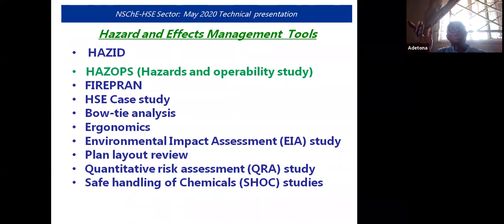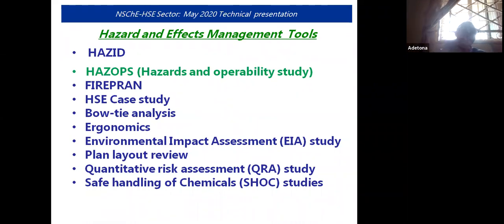HSC case study looks at the specific hazards and comes up with all kinds of serious incidents we can have, carries out mitigations, and puts mitigation in place to be done on each of the units and equipment. Both are analysis. Ergonomics: ergonomics has to do with how equipment is handled and how human beings operate the